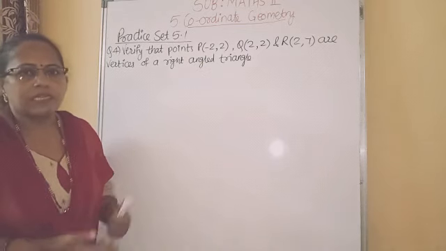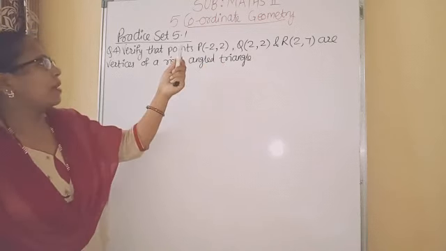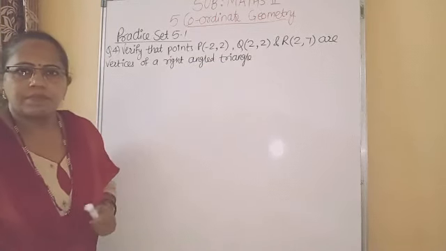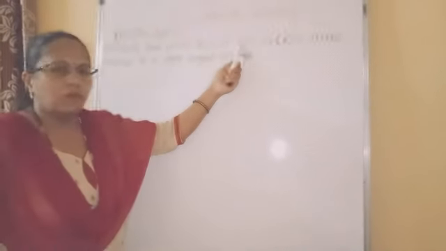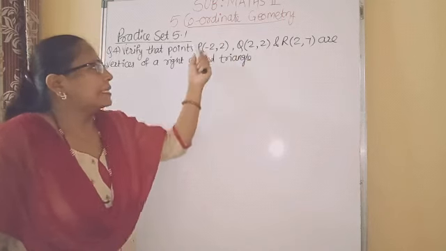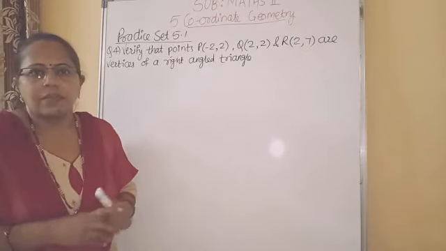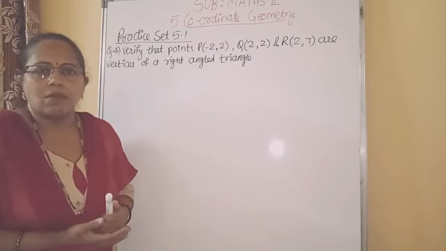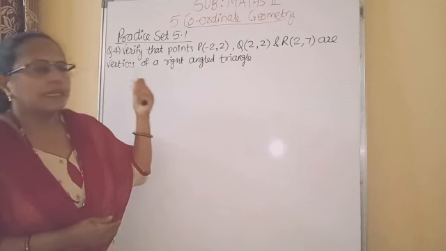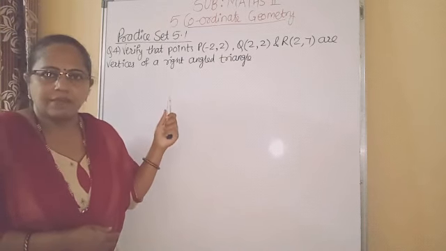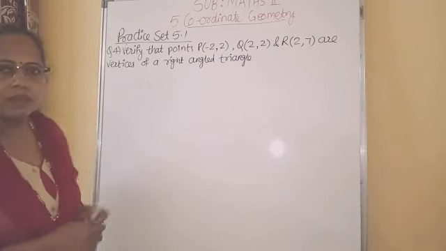Okay. So using the distance formula and these coordinates, we will find out the length of each side. So here there are 3 sides: side PQ, side QR and side PR. So let us find the length of these sides. If we have the relation of Pythagoras theorem here, then we can say that it is a right angled triangle. Followed? I hope you understood the solution. So let us go for the solution.